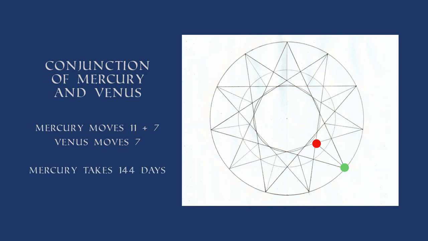Now, to get to that line in the star where Mercury, the red point, now is, takes 144 of our Earth days. Now, for Venus to get to that line takes 143 of our Earth days. Now, obviously, an Earth day is the amount of time it takes for Earth to spin upon its axis. So it's very interesting that this period of time happens to come in at this point.